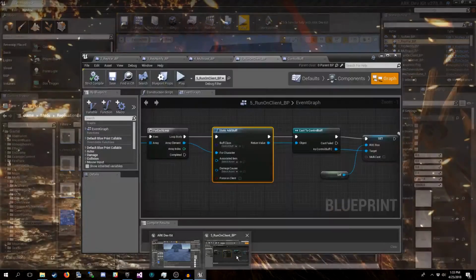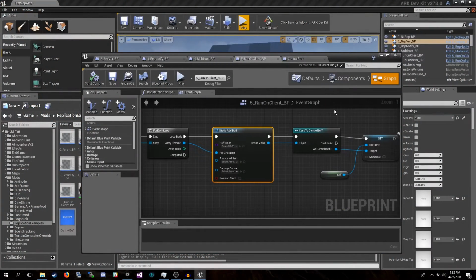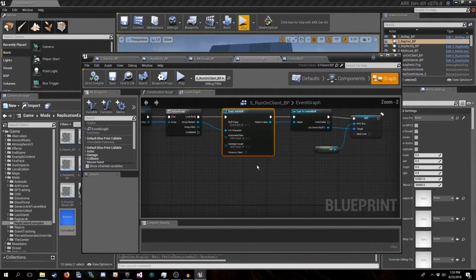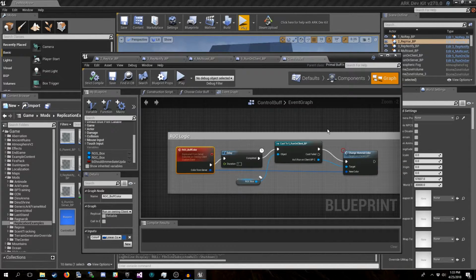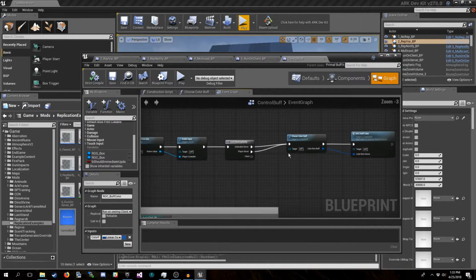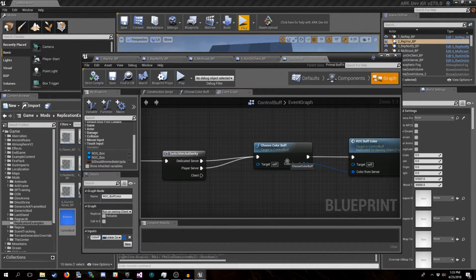Okay, so here's what happened. When we added that buff, we added it to each player. Each player has a separate buff. On each separate buff, it is choosing a new color. Each buff is picking a different color.